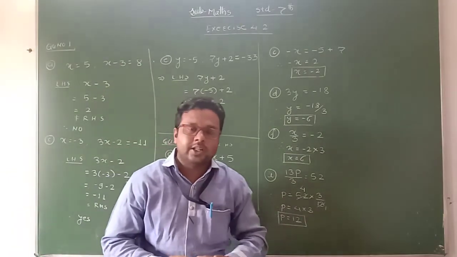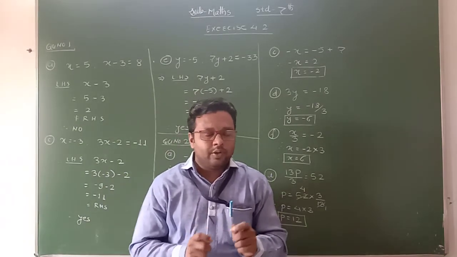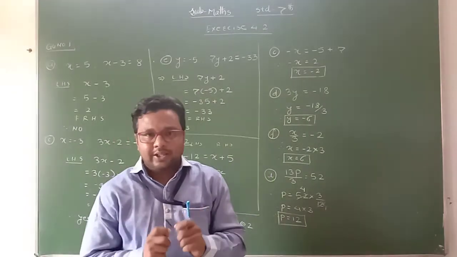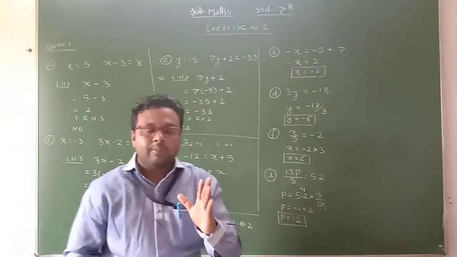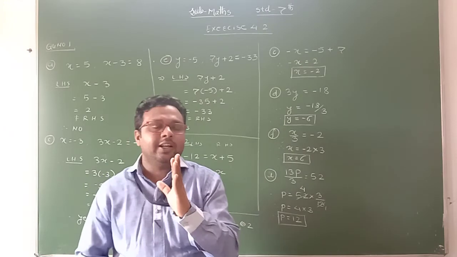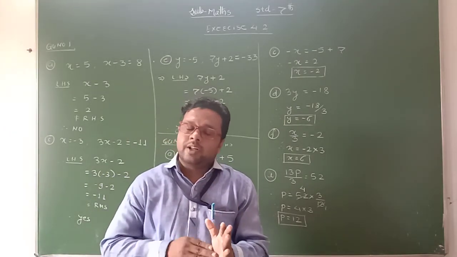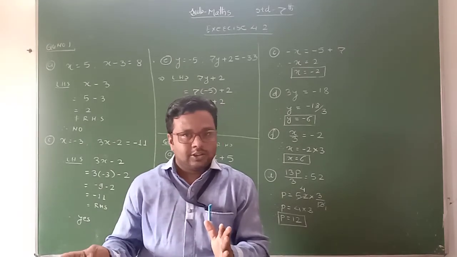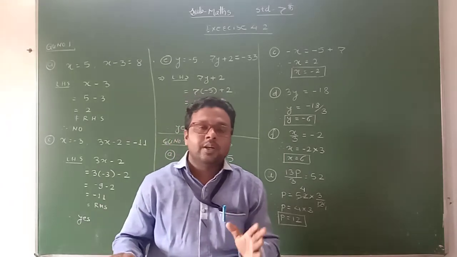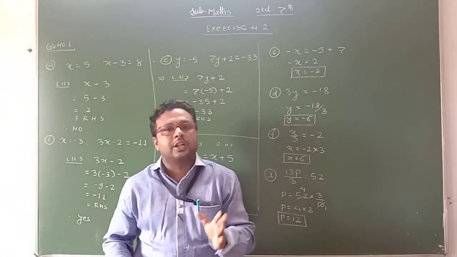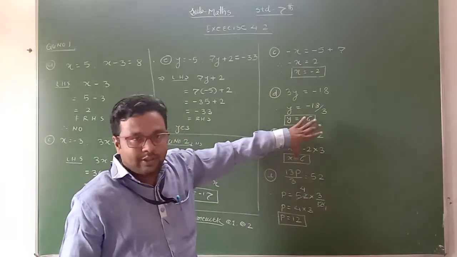I hope, student, you understand how to solve the equation. Remember one thing, here we use the transposing method, and during the transposing method what do we have to do? While doing the transposing method, remember the rule, when we transfer any numbers or the variable, okay, if it is in addition, when we transfer it will come in subtraction. Okay, this means positive becomes negative, negative becomes positive, multiplication to division, and division to multiplication. Okay, using that rule we can solve the given equation.